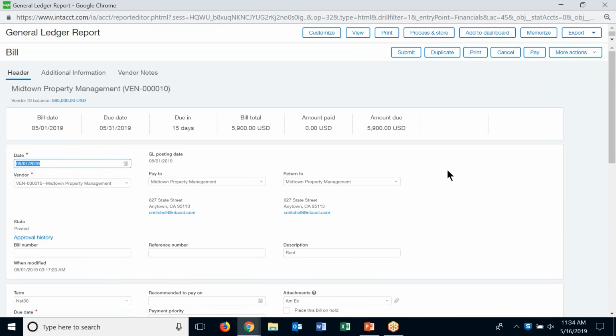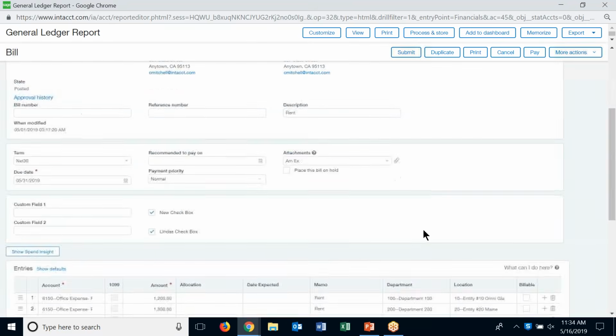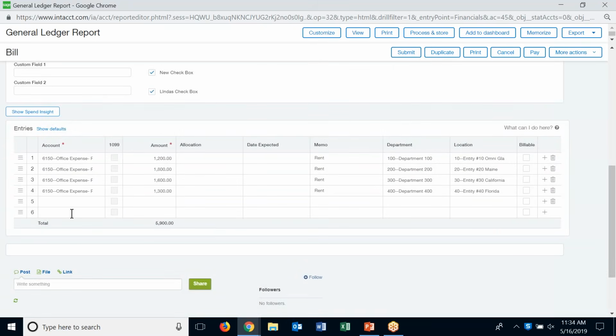So this takes me to the source level. Remember, how I got here was directly from that dashboard. I'm curious. I want to know what's behind that performance card. So here is the invoice, the AP invoice from Midtown for $5,900. It's due in 15 days. And what's important to me is being able to see how I can